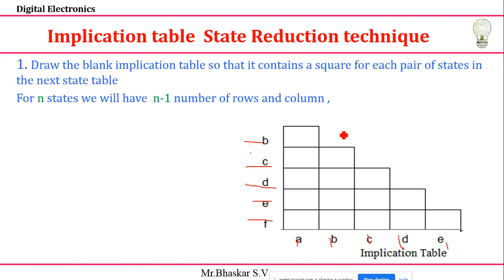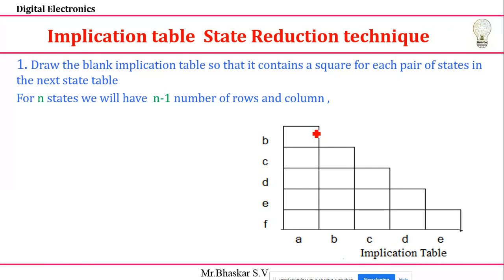And the second thing, this table is for the matching pairs of the states. I want to match the states. For that, you have states from A to F in this column. Looking row-wise, this is the first row. The first state I'm not going to consider, because A to A there is no relation, I can't take it. That's why I'm removing this A to A. So A to B I can write, A to C, A to D, A to E and A to F I can write. But A to A I can't write, you'll get the same thing. That's why I'm not going to consider A here. So we only take 5 rows for the 5 states.